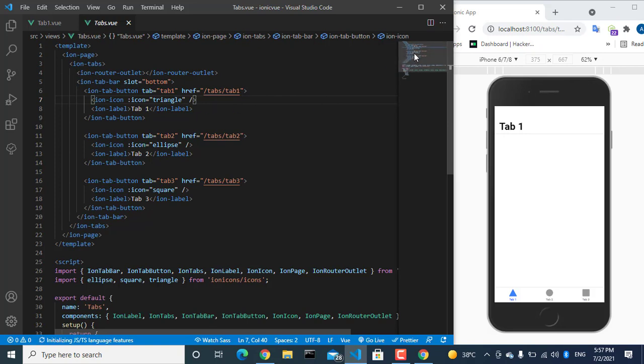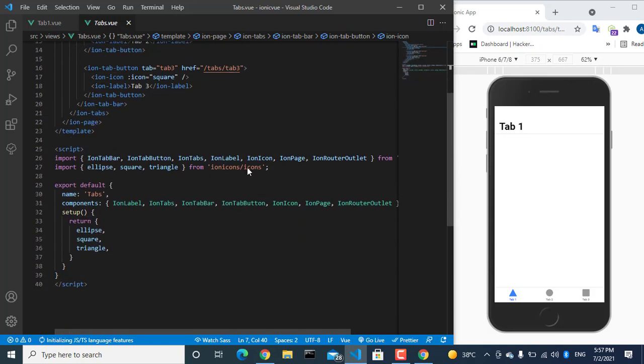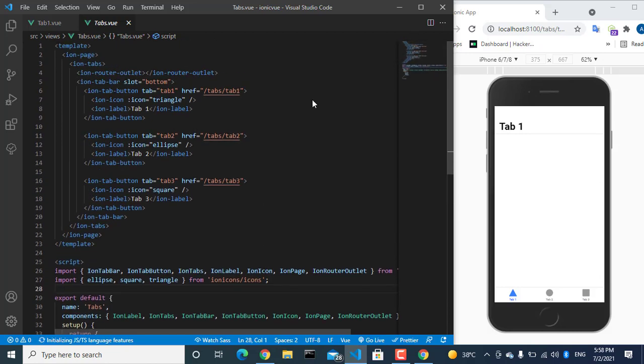So how to use it? We import the icons we need from the ionicons/icons package, and in the setup function we return them. And just like this, we put in the icon attribute the name of the icon, and the ion label comes in the ion tab button to put the label, and the same here. And now that's it for this